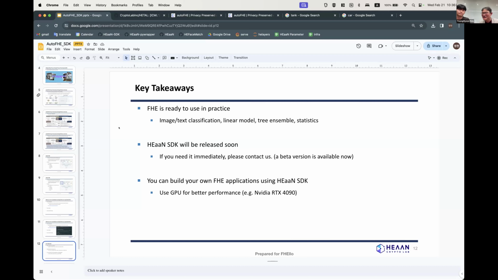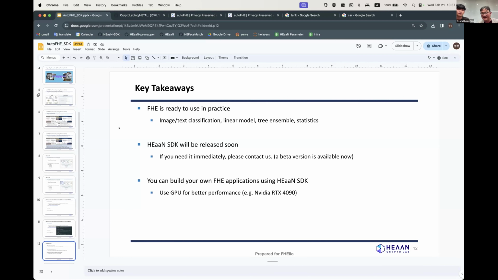For example, in the GPT case, the training time is more than several months. So it depends on the value of the data. If you want to protect your data but still need to utilize it for AI training, then now FHE can help. So FHE is ready to use in practice, especially for image and text classification, linear models, tree ensembles such as XGBoost, and many kinds of statistical functions.